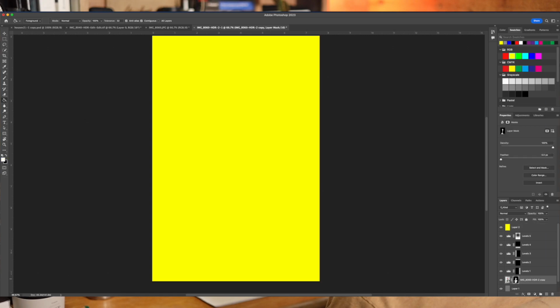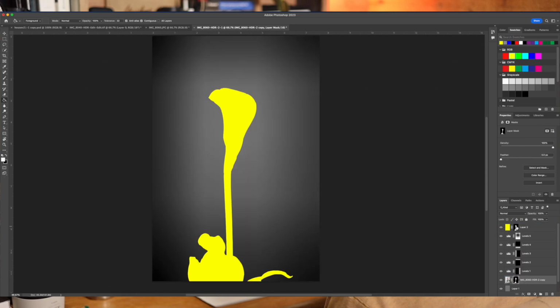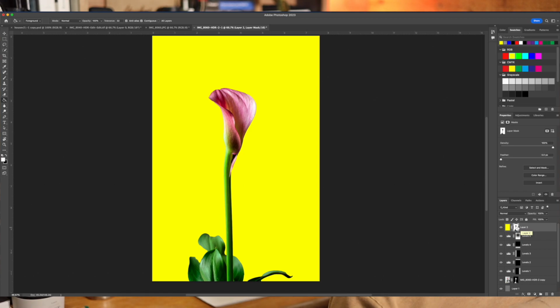We can grab this same mask that we've used down here by using the option tool, bring it up to the top, and then it's going to copy it. But you see what happened? It copied it the wrong direction, so hit Command I, and now we've got a gradient that is overpowering everything. So let's change